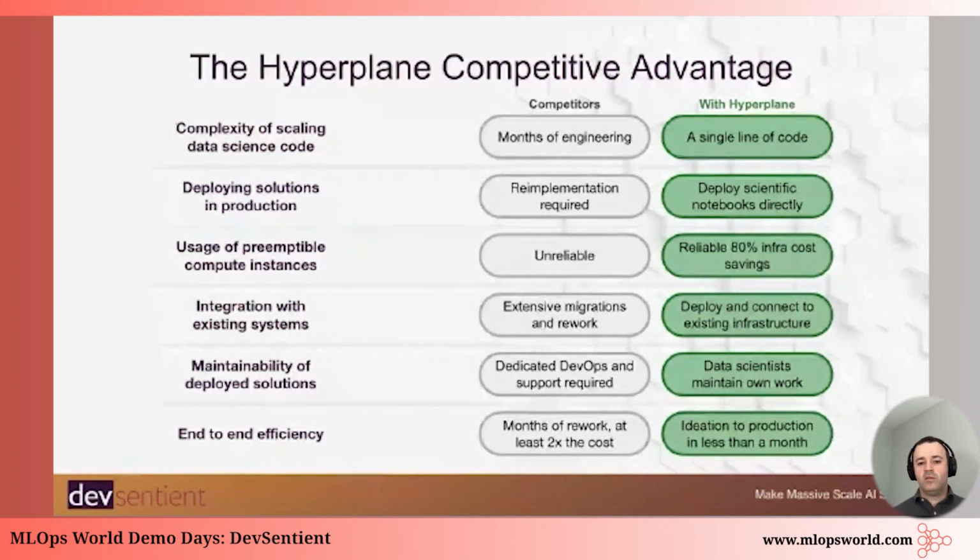Where the users of our platform start benefiting from the functionality that the platform provides is gradually, as they introduce scaling, as they introduce automation. Those are all things that are very minimal. So we try to compress as much as we can into a single line of code or a single API call. And that's to reduce, or actually remove, the need to change any existing code or to change how you do your work.